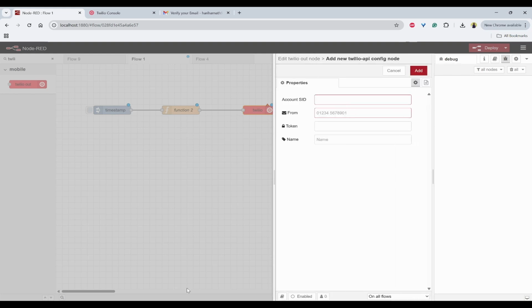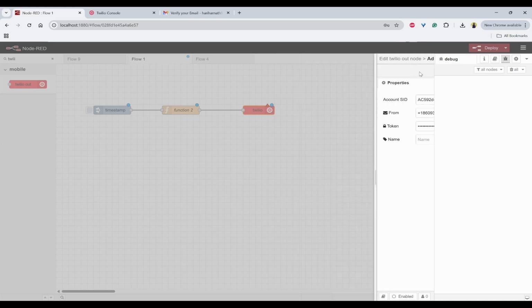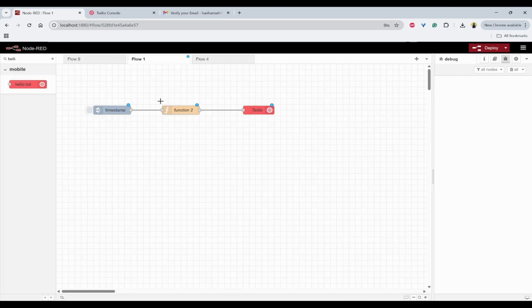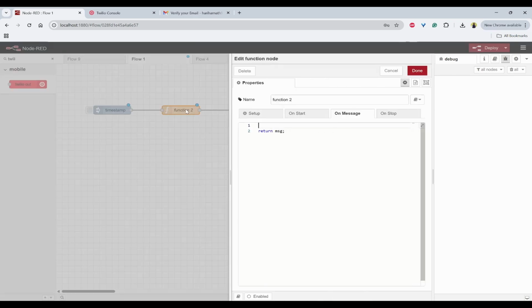For the account SID, you just add whatever you have noted previously, and in from you can mention the Twilio number that you got. The token you have copied previously, and then add. Now the output should be SMS, and the to field can be your mobile number, and then you can type Twilio.